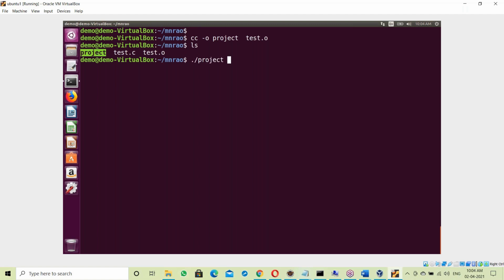Run it here. Yes, output got it, right? So at the time of creation of the exe file,